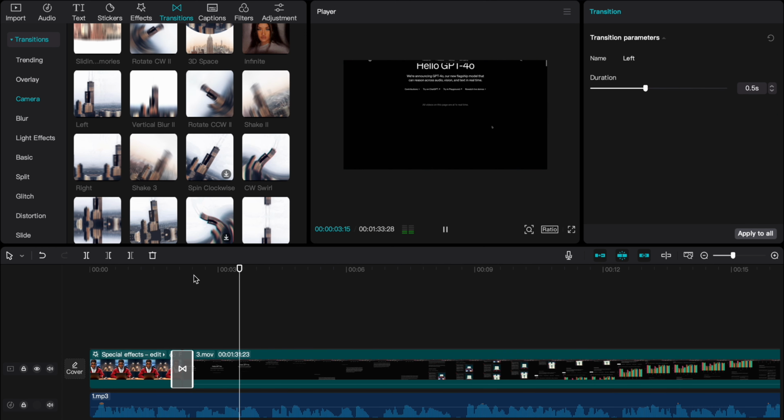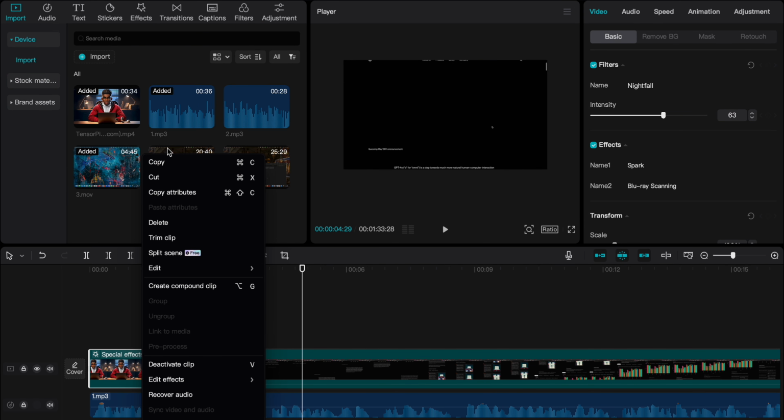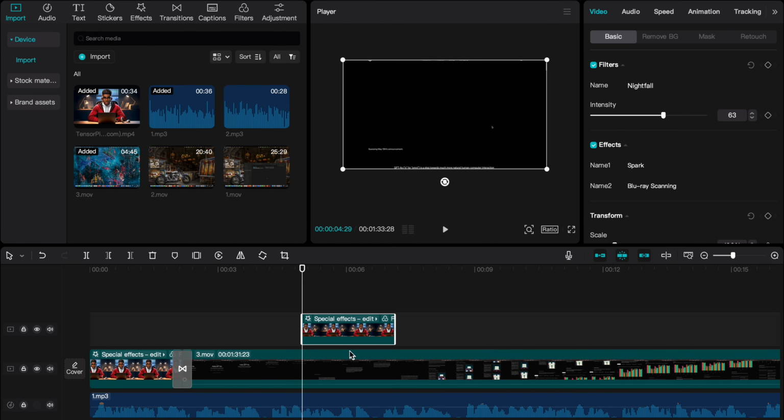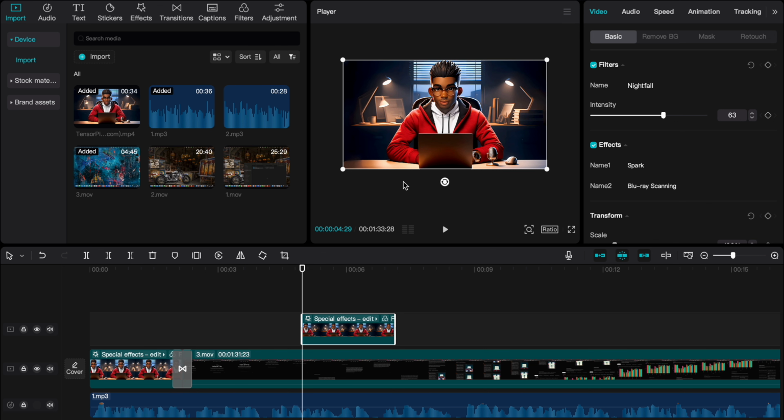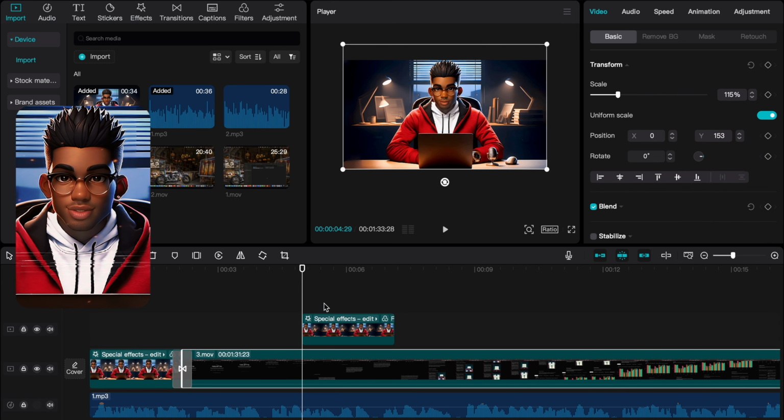If we want the avatar's face to show at a specific point in the narration, we simply need to copy the clip and paste it there. As you can see, it's now covering up the screen recording, so we need to trim it. There are two ways we can do this. The first option is